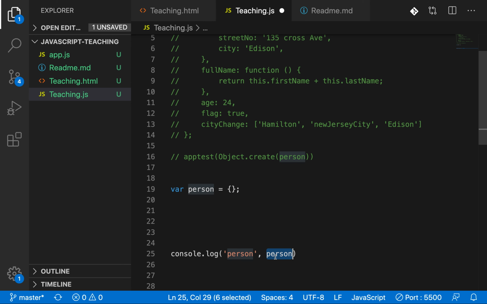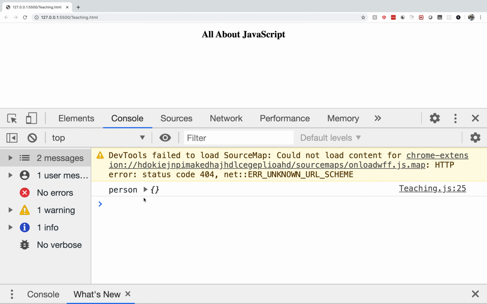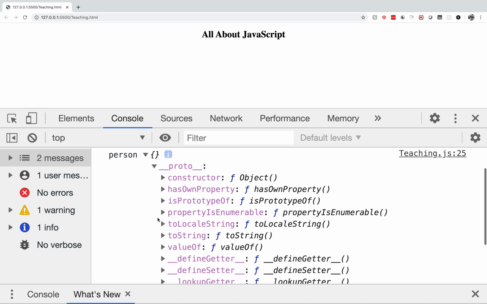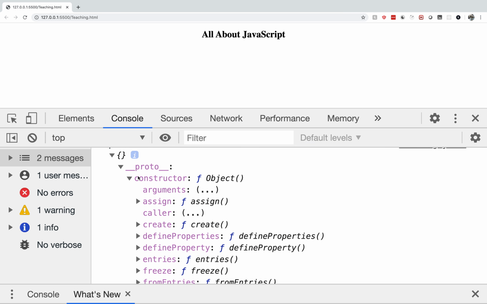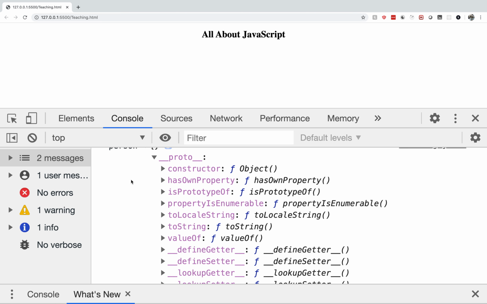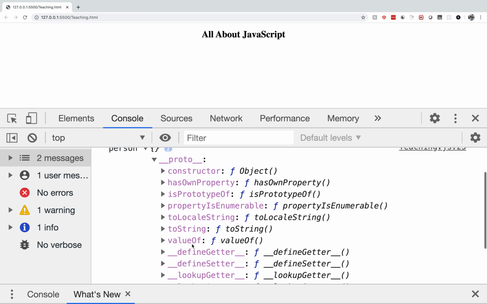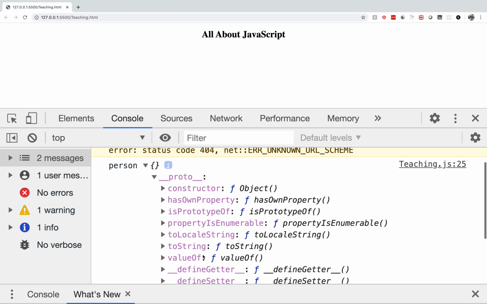But if you see this person, we got an object. I just want you to observe that we see something called proto, and it is also an object. If you go inside it, there are some methods like constructor, hasOwnProperty, toString, valueOf.